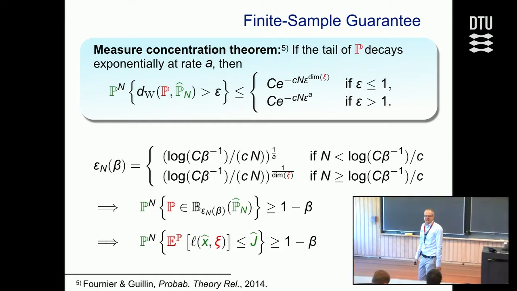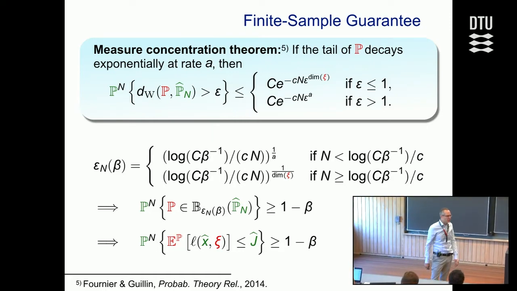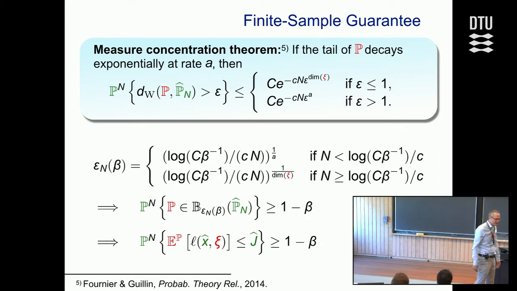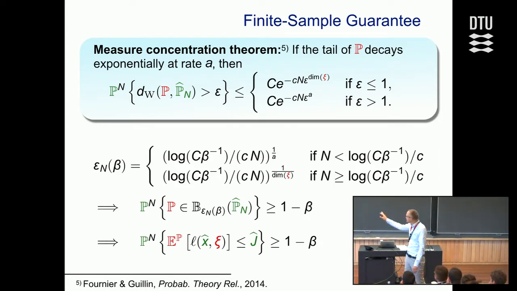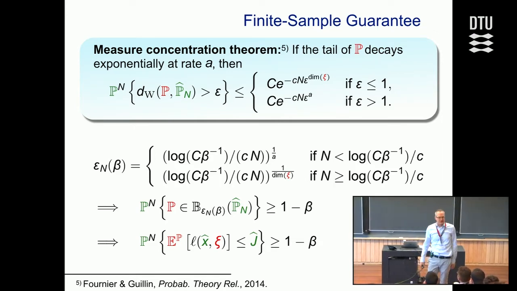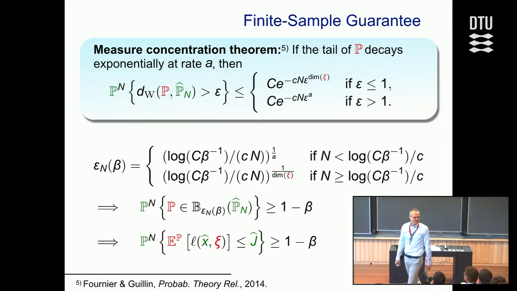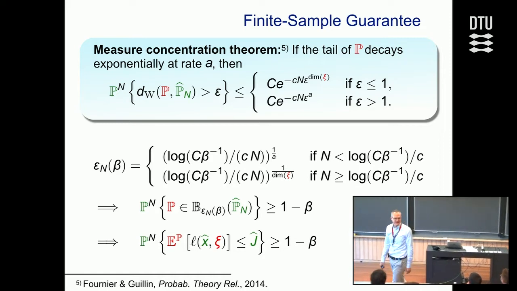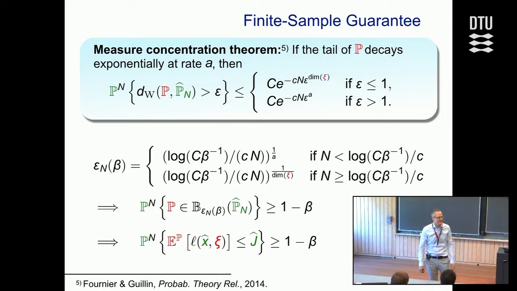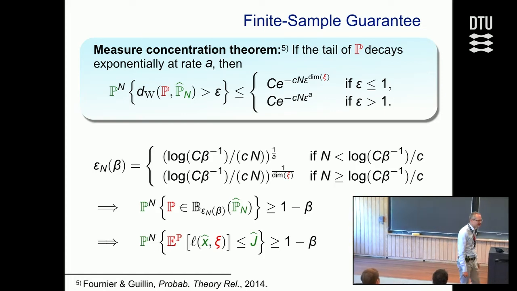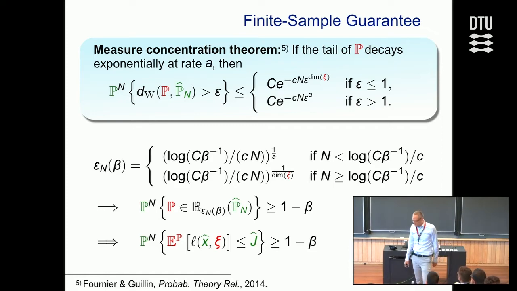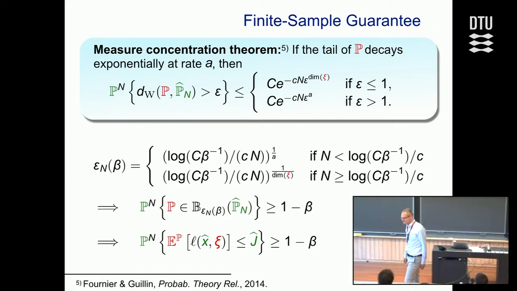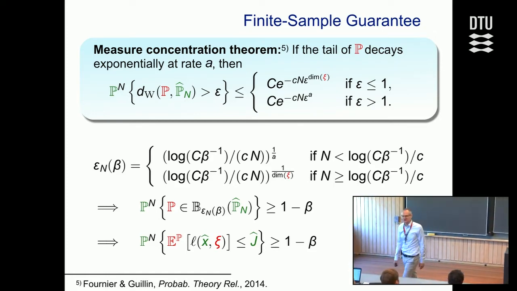So there's a C here, which is a constant that is known to not depend on any of the problem parameters. And this constant has not been disclosed in the paper by Fournier and Guillain. Actually, we contacted them and asked them about the constant, and they said they didn't care about this constant. So they didn't want to compute it. They told us you can do it if you want, but then it turned out that this would be a very complicated calculation, and we think that nobody would give us credit for doing it. Okay. So we left it. Yeah. But of course, you're invited to compute that constant.